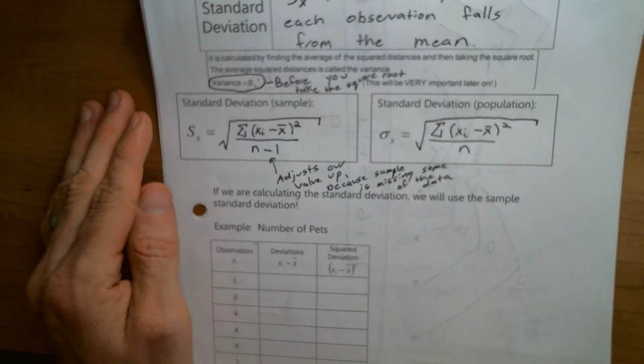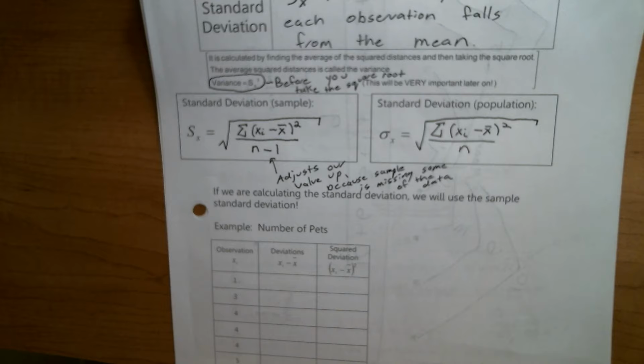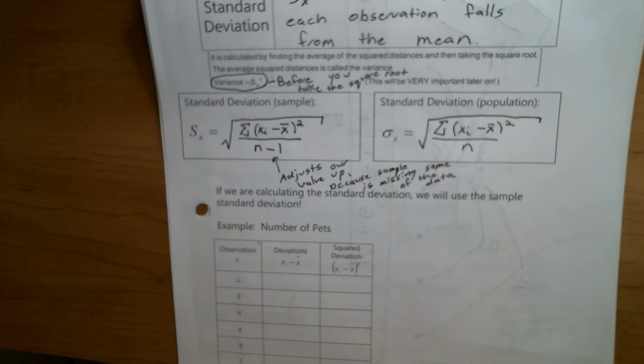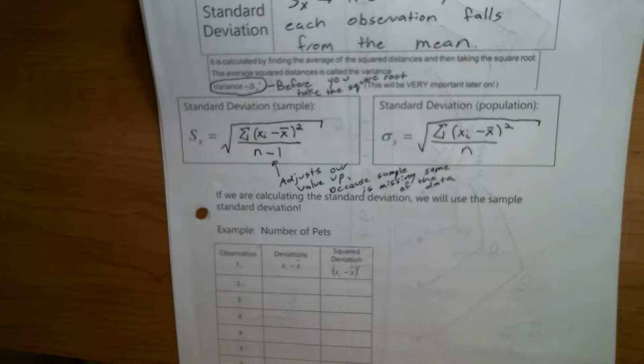Think about it this way. If you were surveying people's height at Ichabod Crane, unless your sample ended up with the smallest person and the tallest person at Ichabod Crane, you'd be underestimating the range. You'd be saying, I think it goes from this to this, but unless your sample was lucky enough to get the tallest and the shortest person, you'd be underestimating it. It's the same idea with standard deviation. We just assume that we're missing how spread out things are, so we make this adjustment to boost the value. So let's take a look at how this actually works